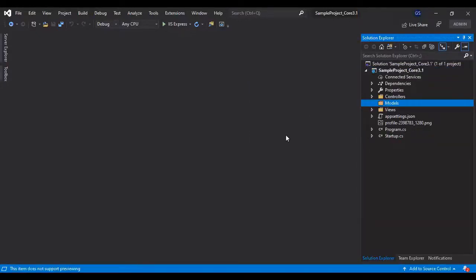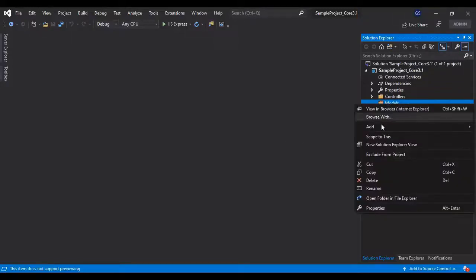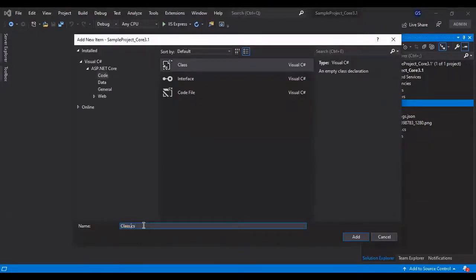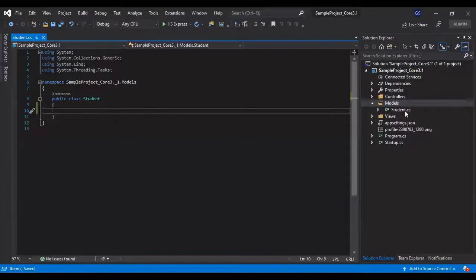And now let's add a model to represent the student data. Right click on the Models folder, click Add, click on Class, and give the name. So we have added the model. Now we need to add the properties. First we need ID to identify the record uniquely.